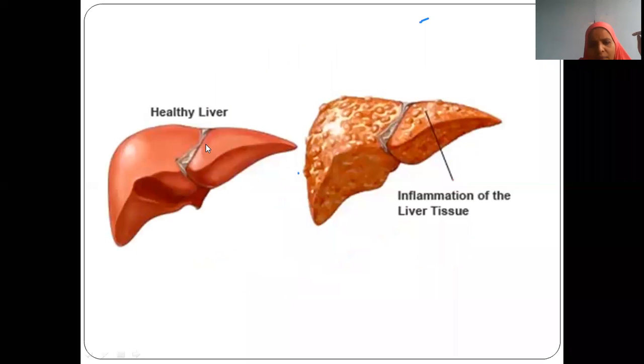See, this is a healthy liver. In case of inflammation, basically there will be fatty change. A lot of glycerol will get deposited in alcoholic people, because alcohol will be converted to glycerol and it will get converted to fat. After fatty change, it is called steatosis. After steatosis, it will become inflamed, hepatitis. After that, the parenchymal cells of the liver will get degenerated and fibrous tissue will form. You call that condition cirrhosis.